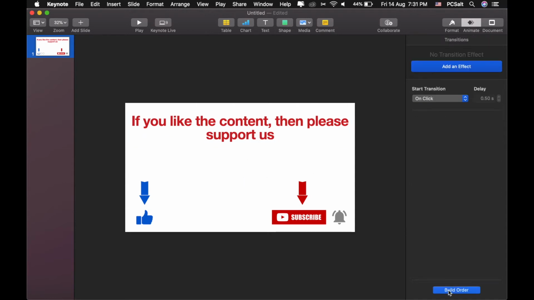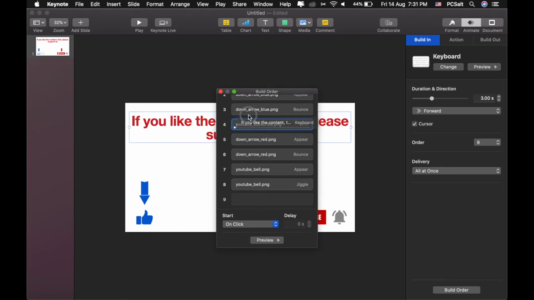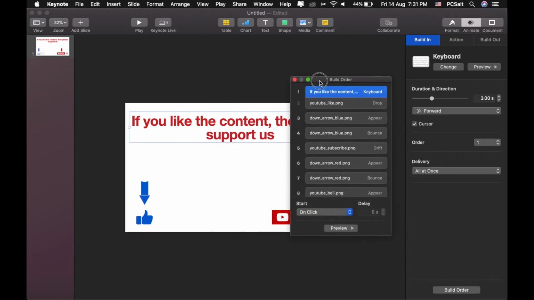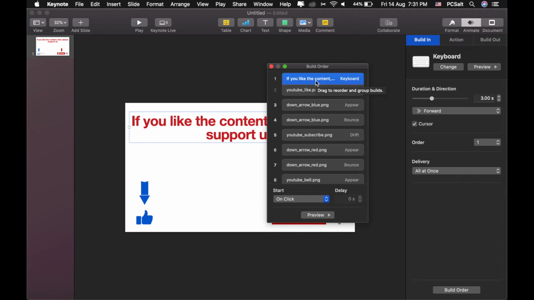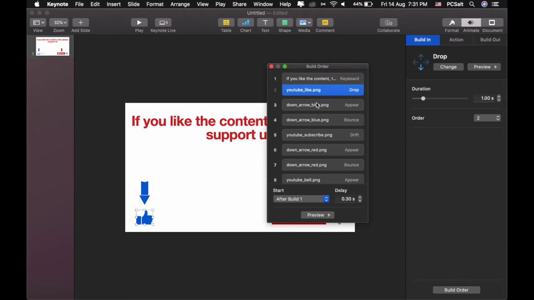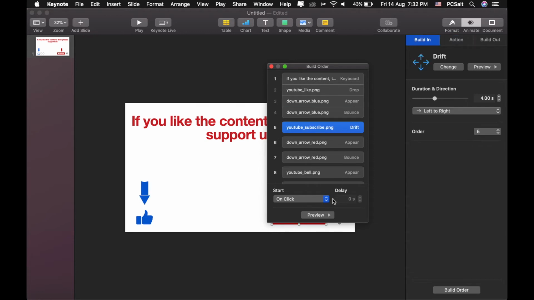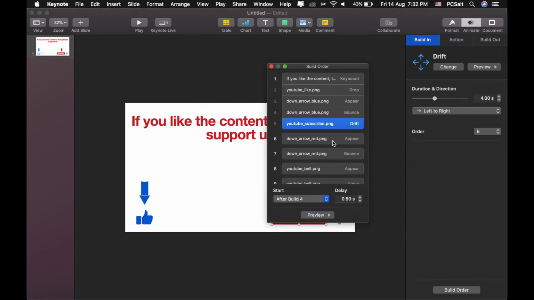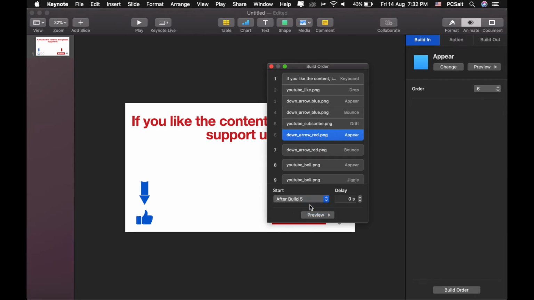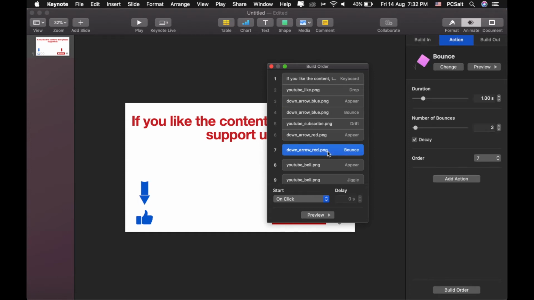Since all the elements now have animation, it's time to set the order of the animation and set the duration. Click on the build order and this pop-up will appear. Now just adjust these animations in an order so that it matches your timing and gives you a proper effect. There are mainly three kinds of start property: on click, with previous build number, or after previous build number, and you can also set the duration after which it will come. So just customize all these things and check whichever variation you like. Just let it be and try it on your video.